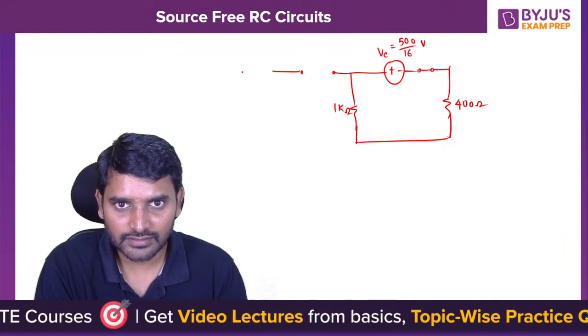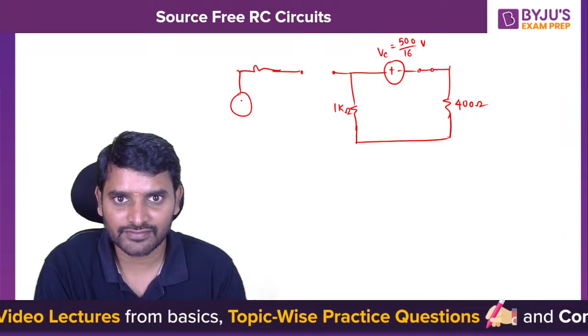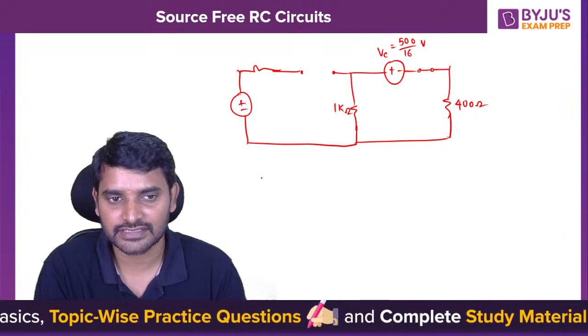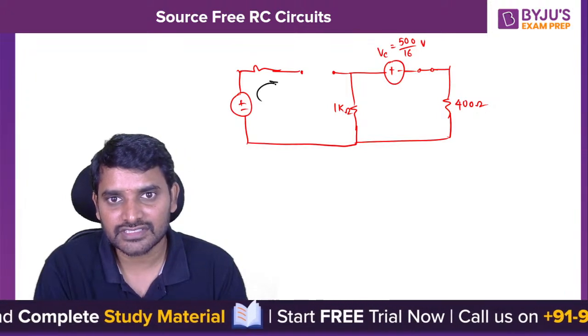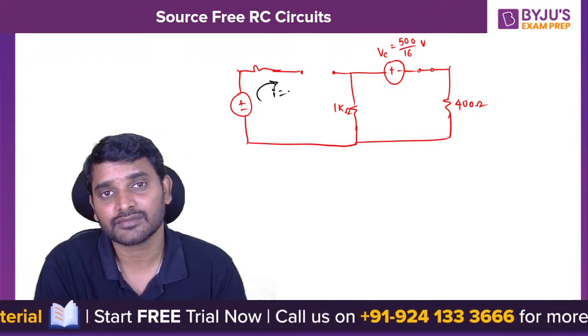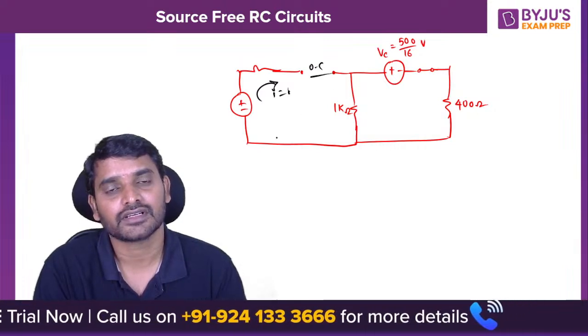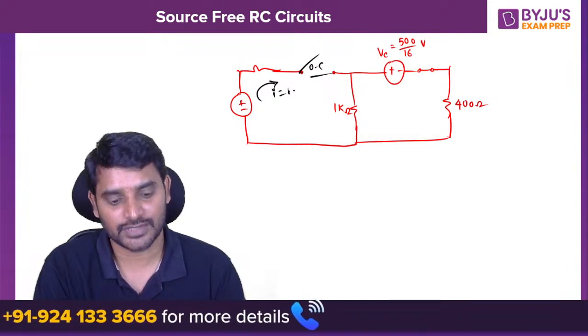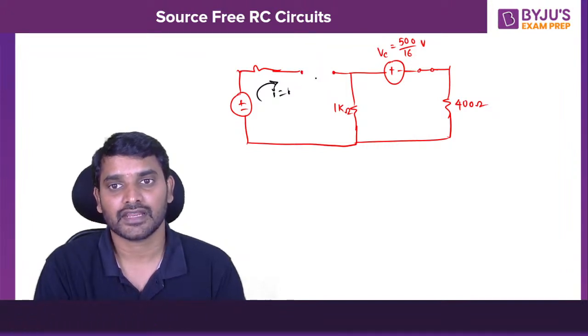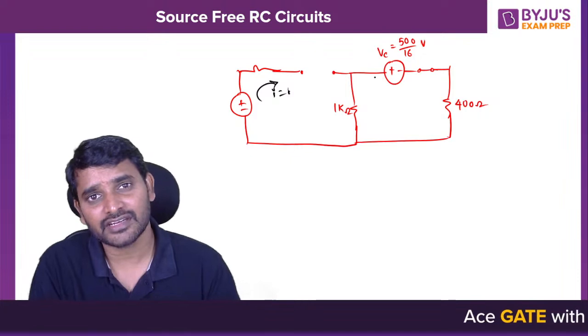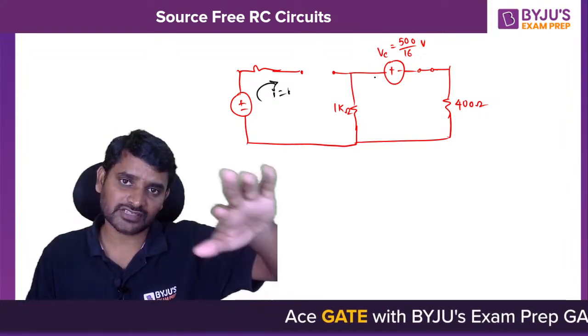Now here we have a 600 ohm resistor and a 50 volt voltage source. There is no source current here because it's an open circuit. The switch is open circuited, so no current flows. Now the capacitor is the only element which has energy in it, and therefore the capacitor is going to